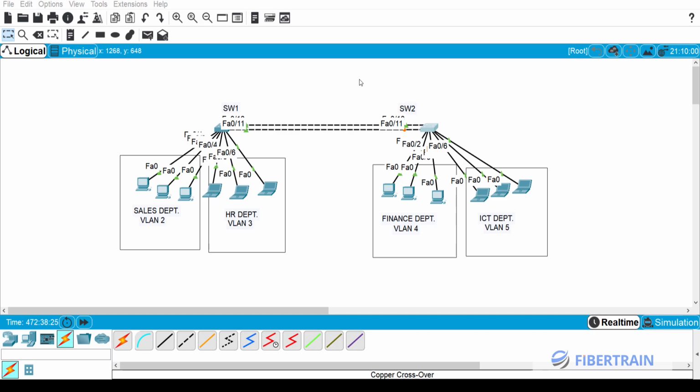Okay, so here we want to continue in this LAN switching lessons, and we're moving on to STP. What exactly is STP? STP is the Spanning Tree Protocol, and you can see that I've already connected another cable to these two switches. Before now, switch 1 was using port 10 to connect to switch 2. But I've gone ahead to add port 11 as well, so the two switches are connecting to each other using